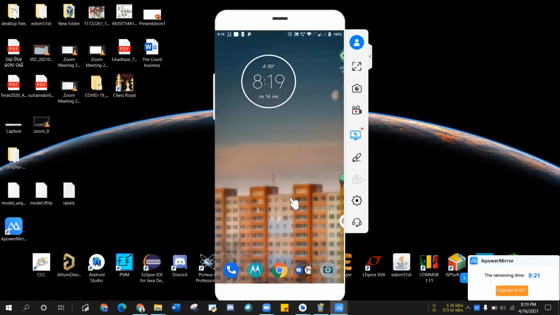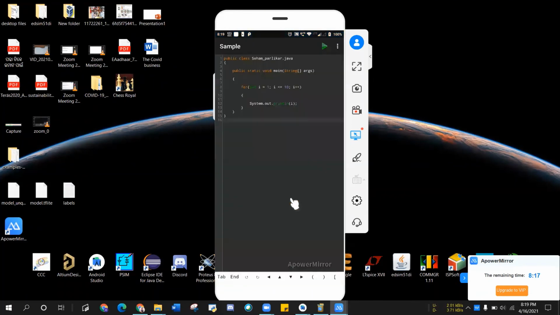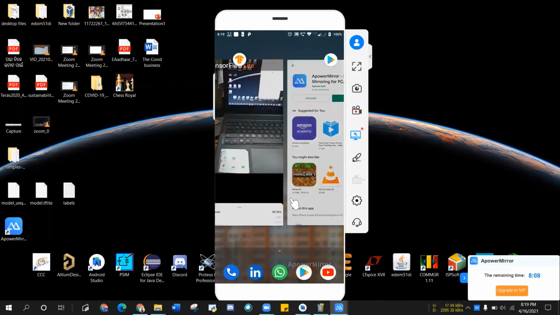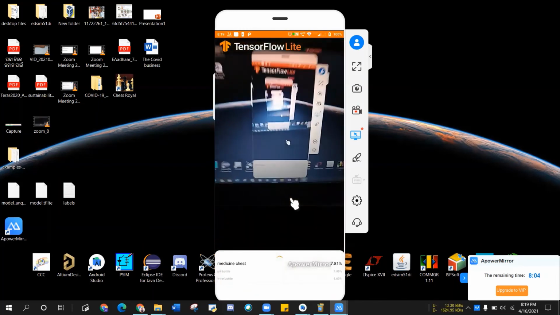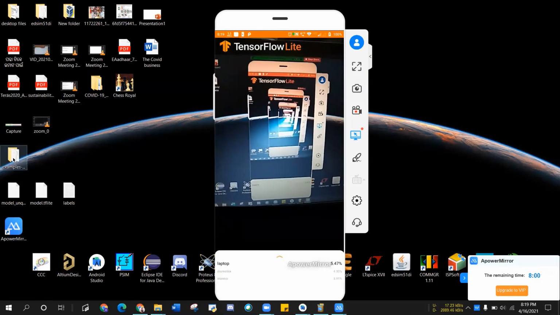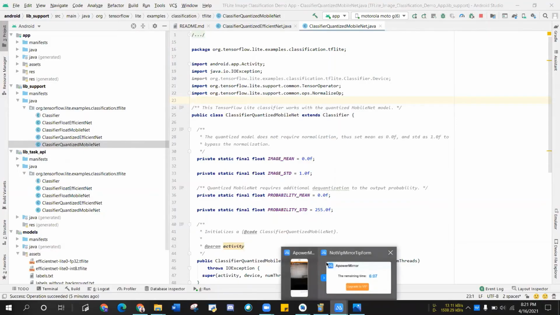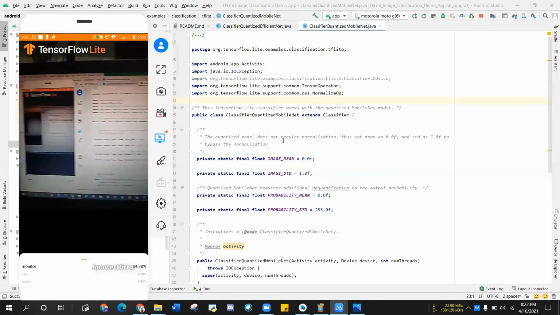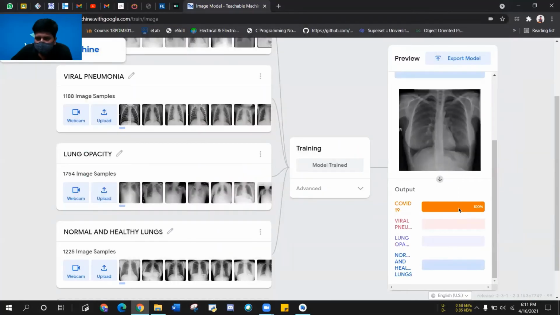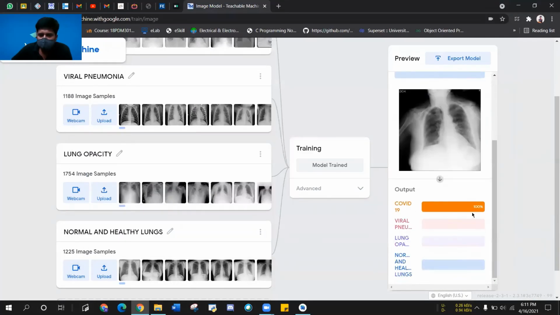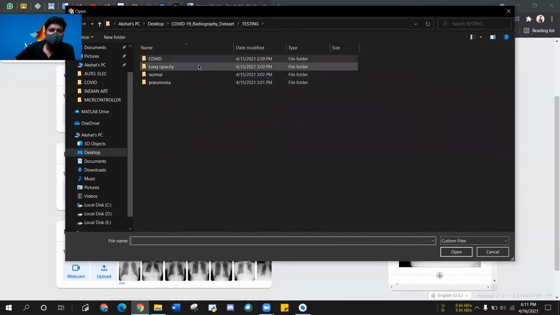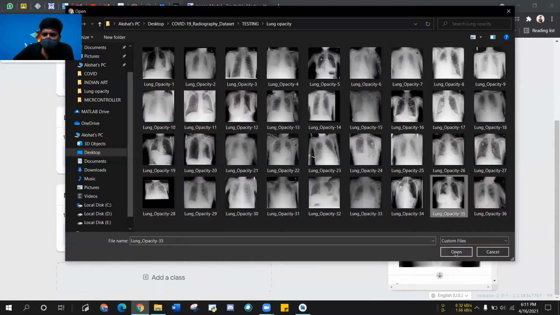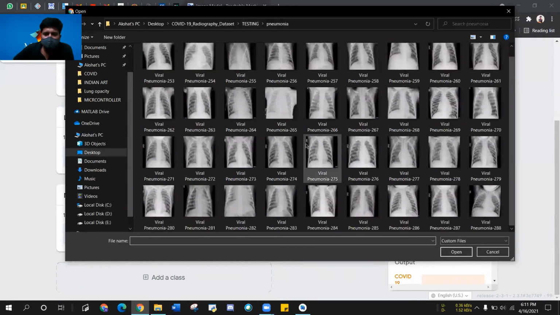So yeah, this is my phone, as you can see, and now I'll try to open TensorFlow Lite so that we can see the output of how it's coming. And yes, I don't have an original X-ray, but you can see it's detecting the computer screen right now. So the code is working fine. I don't have an original X-ray right now, or else I would have tested, but had there been an original one, the results would have been quite the same as we saw in Google Teachable Machine. If we show an X-ray in front of it, it will immediately show whether it's COVID positive or what the result is.